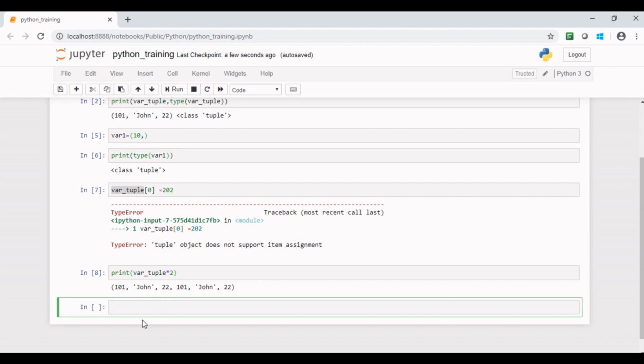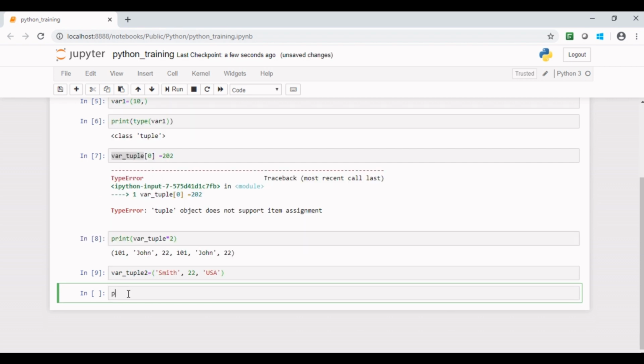Let's initialize another tuple, Smith, USA. You can concatenate these two tuples like this.